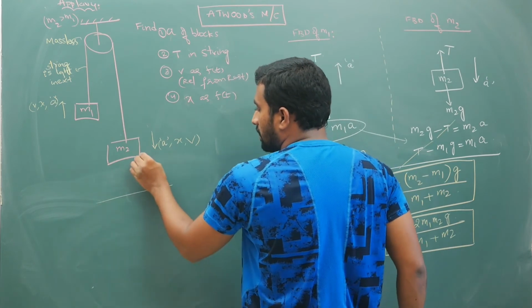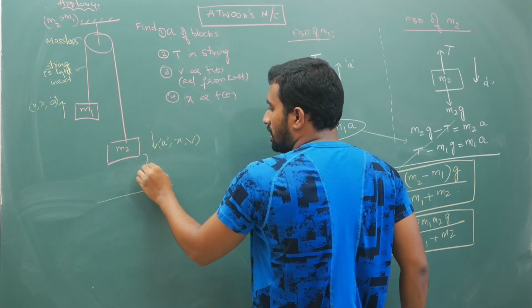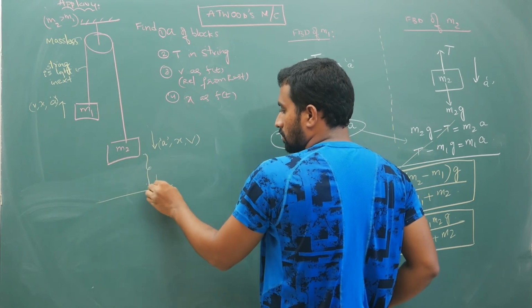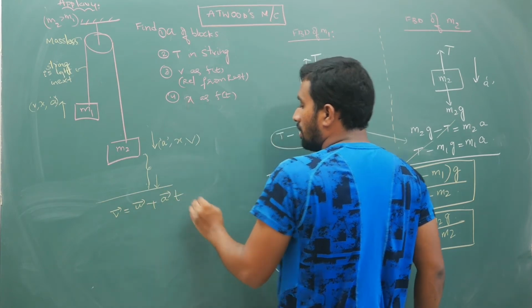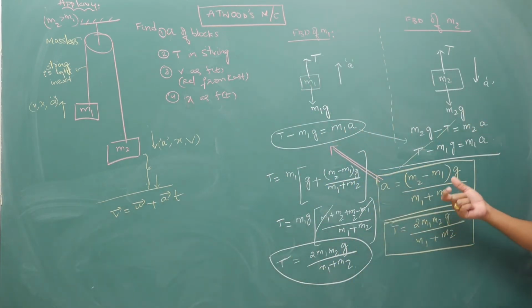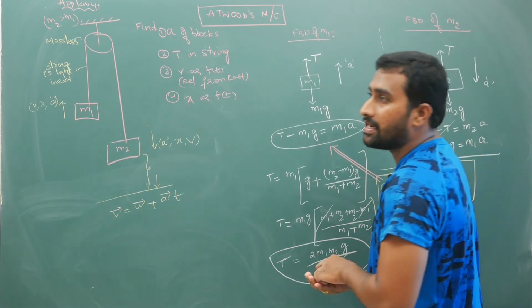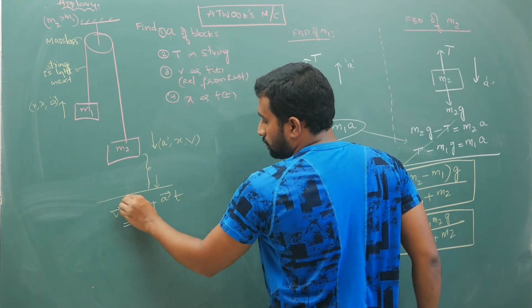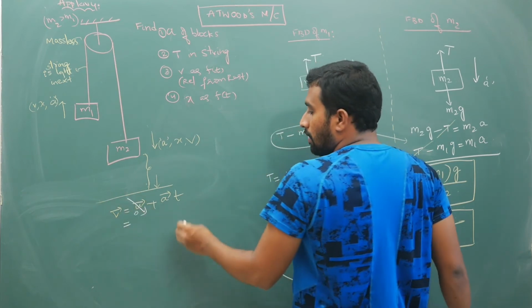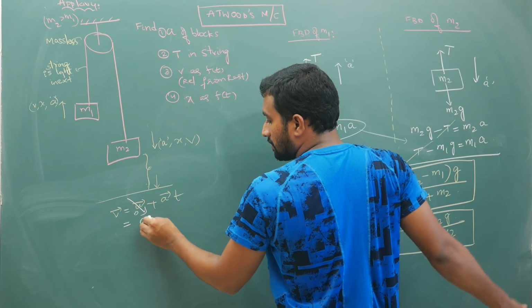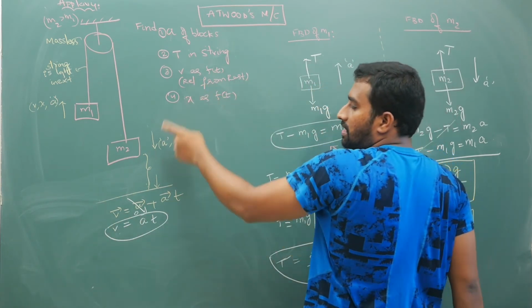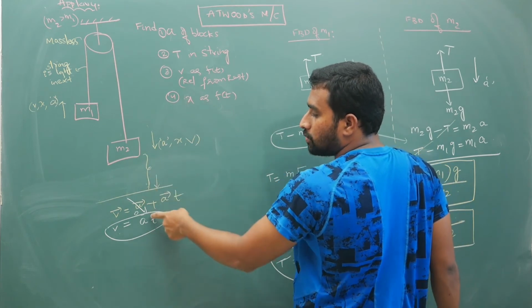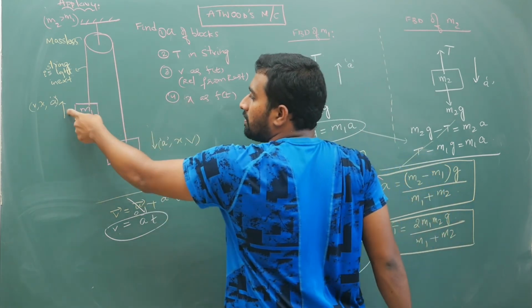Now if you look at this figure, your body m2 is coming downwards, so v bar is equal to u bar plus a bar into t. Because acceleration is constant, it is not changing with respect to time, I can apply v equal to u plus at. According to that, because it is starting from rest, u is 0, plus your acceleration, substitute that value, you are going to get v equal to at. So after time t, this block will move with a into t velocity downwards, this block will move upwards with a into t velocity.